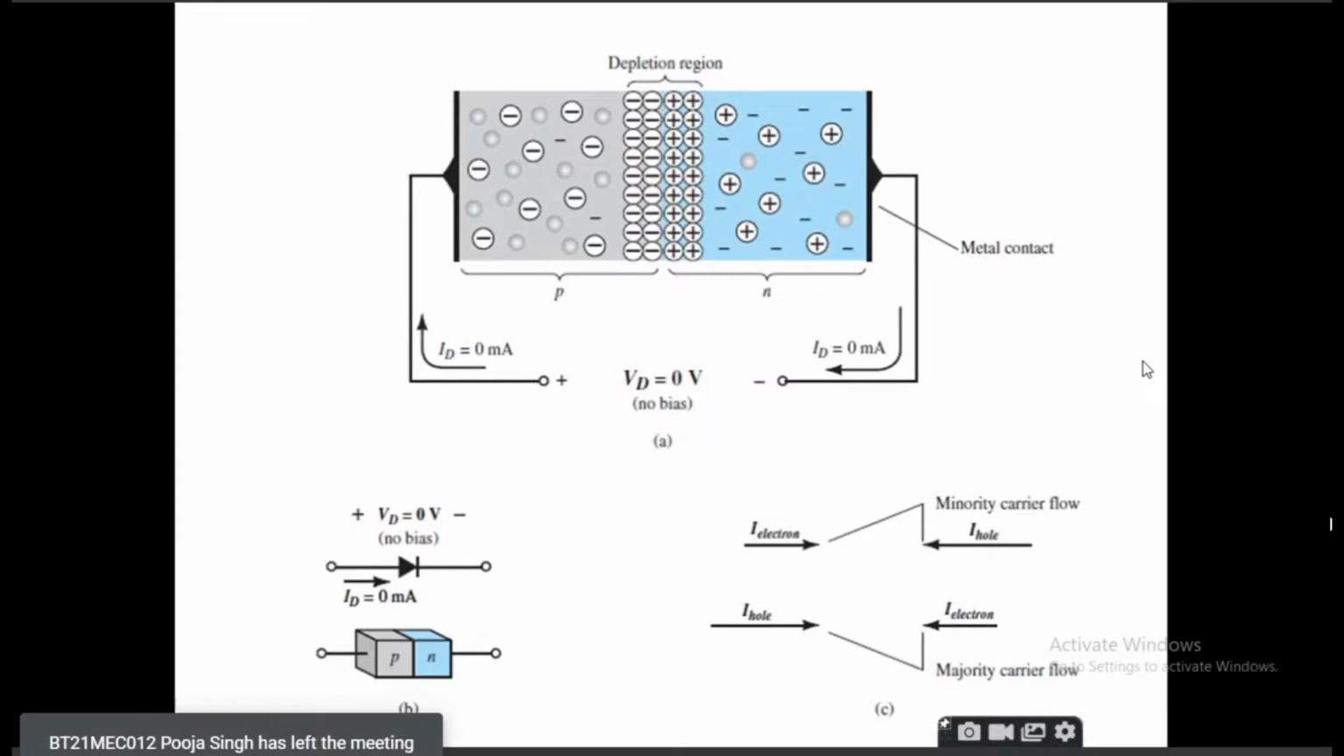So on the P side, you can see certain spherical gray colored spheres, small gray colored balls. What are these? Holes. Okay, these are holes. Similarly, on the N side,